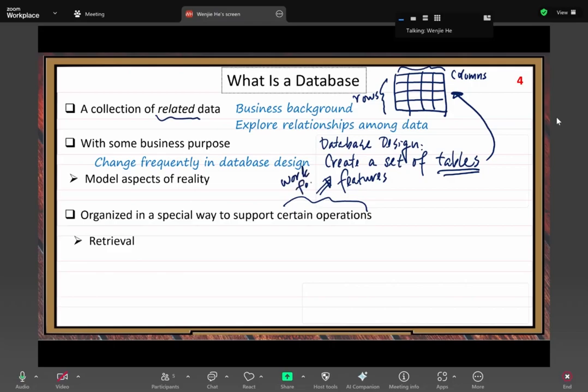Work for the features, all right? The operations are basic operations at a very low level, but we will use those operations to implement certain business features. So that is the kind of relationship: the basic operations work for those business features. But they are different. Typically, specifically,